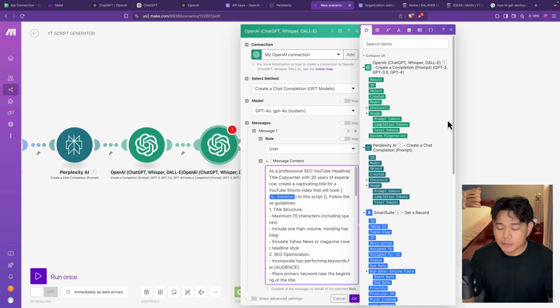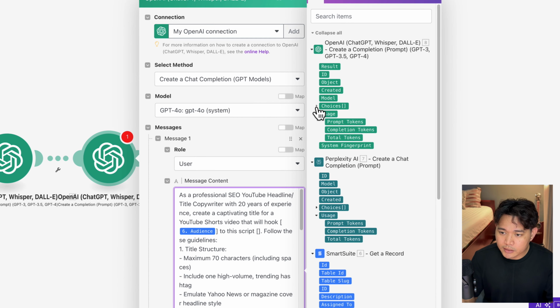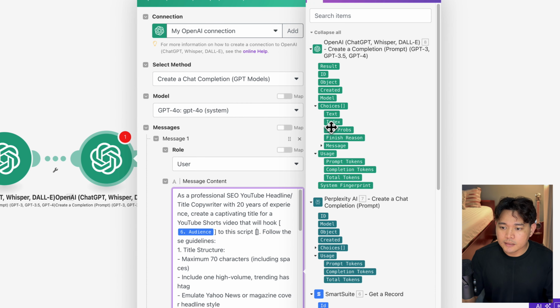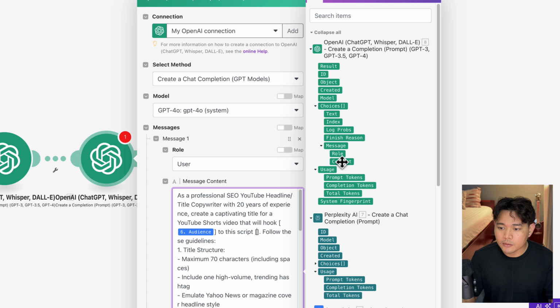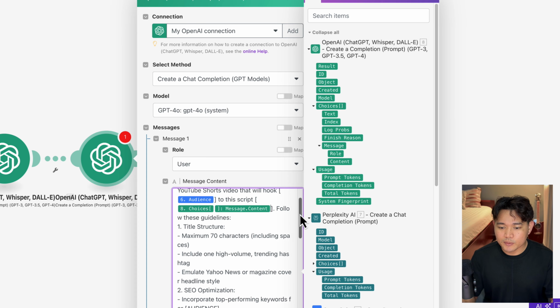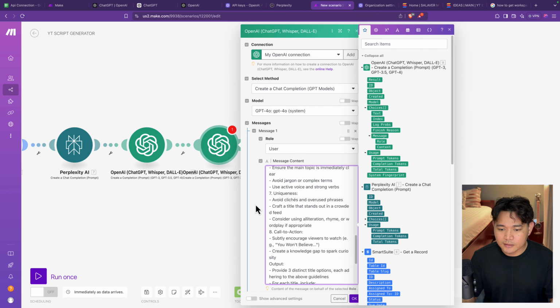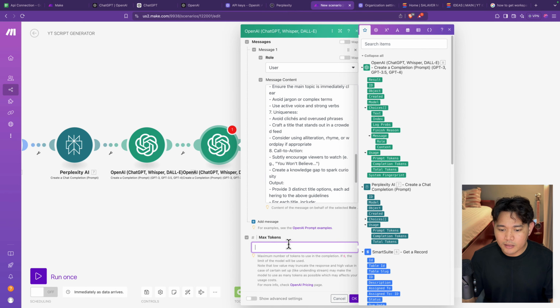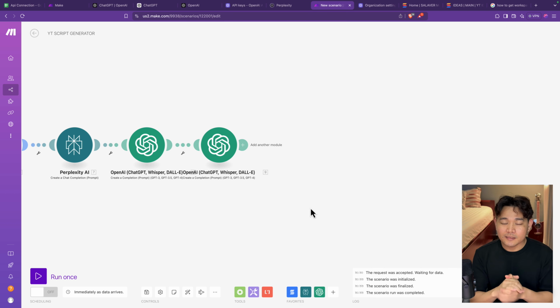Now let's map it. Go to choices here and then message, click the arrow and then go down and then click content. Alright, so all we need to do is click max token and put in 1000 and just click OK. We're almost there. Now with the final part, we need all those data to be saved back to our